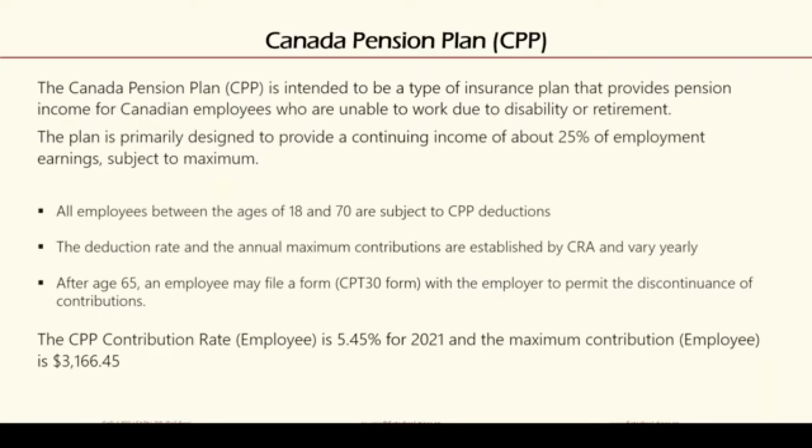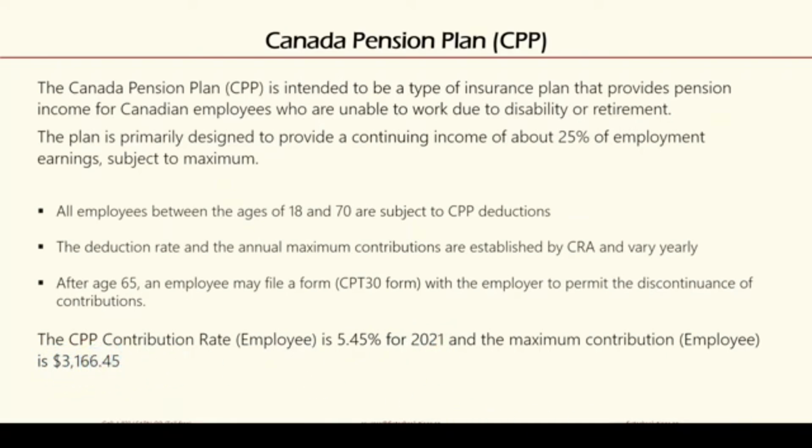All employees between the age of 18 and 70 are subject to CPP deductions. The deduction rate and the annual maximum contributions are established by CRA and vary yearly. After age 65, an employee may file a form, generally it is CPT 30, with the employer to permit the discontinuance of contributions. The CPP contribution rate for the employee is 5.45% for 2021, and the maximum contribution for the employee is